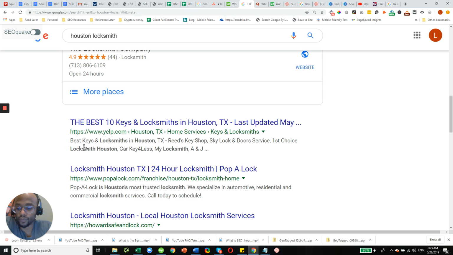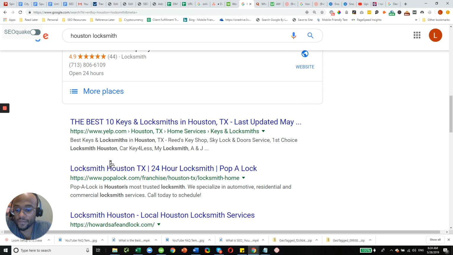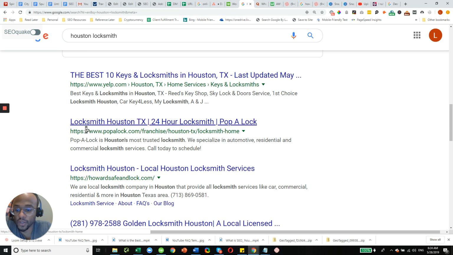And so basically anything that's relevant to that phrase, it's going to be bolded or in boldface here in the meta description. So you see here we use Houston locksmith. We have locksmiths in Houston, locksmith, right? And of course, you always have to think about what's relevant to your business. So we have keys and locksmiths. We go down to the second search result, locksmith, Houston, Texas, 24-hour locksmith, most trusted locksmith, commercial locksmith services would